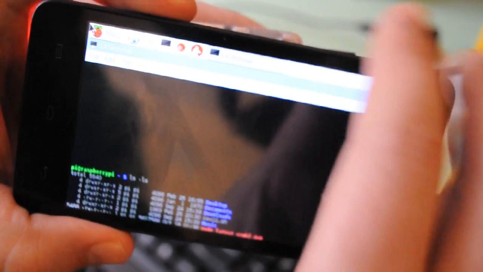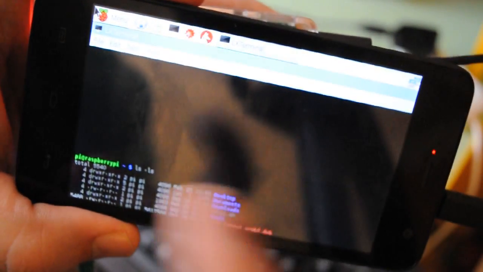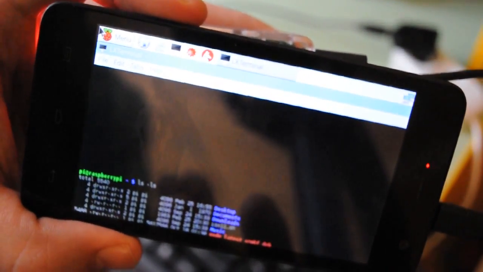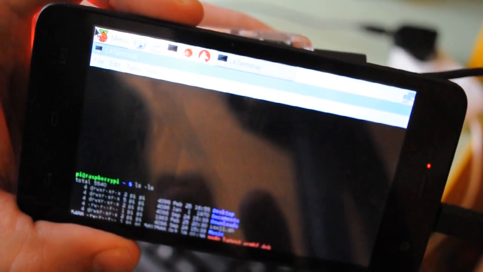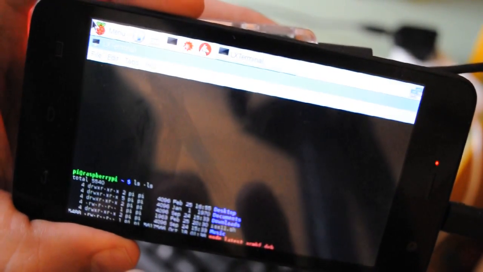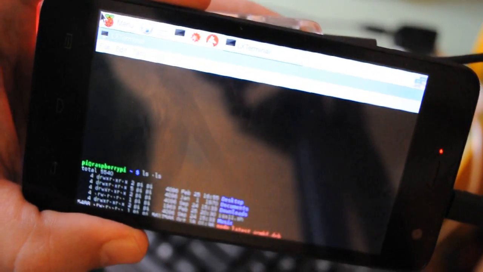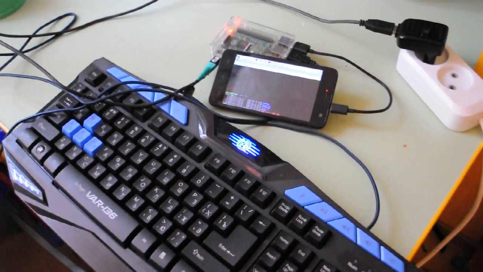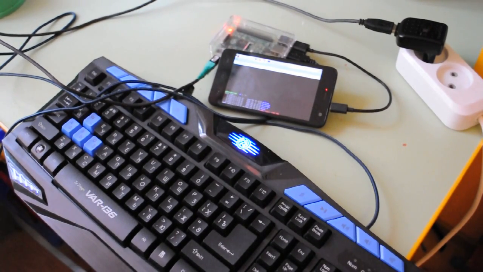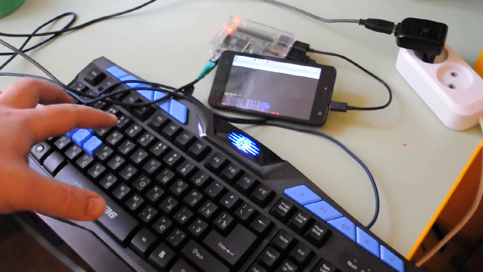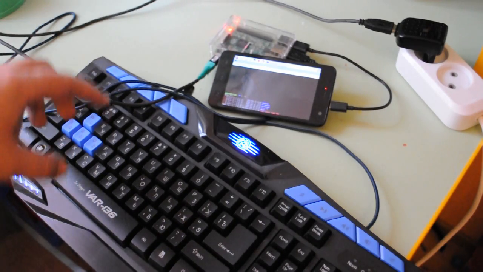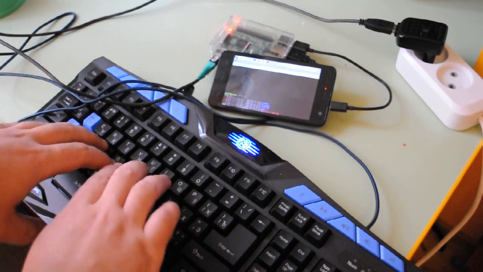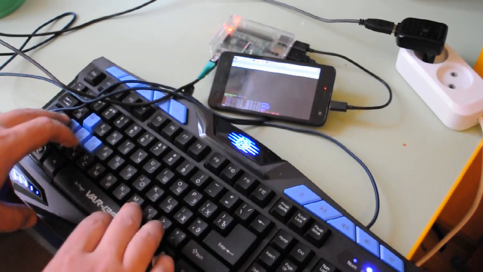Now let's get to a hardware keyboard, because you can obviously pull up a touch keyboard and it will work, but it's a little bit clunky and maybe not very convenient for programming. So I decided to try a hardware-connected one. Okay, I'm doing it like that. Let me refocus. You can see that my hardware keyboard is connected via USB, and it is actually working now. I can type something. Let's type